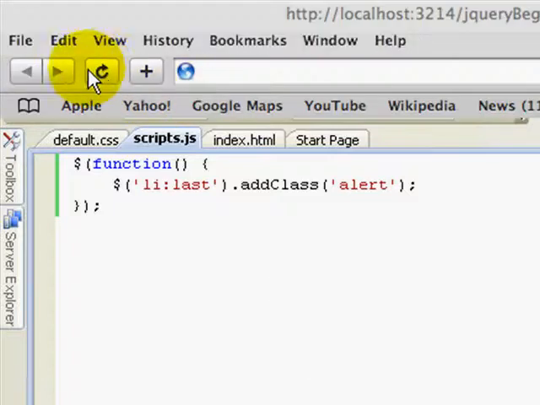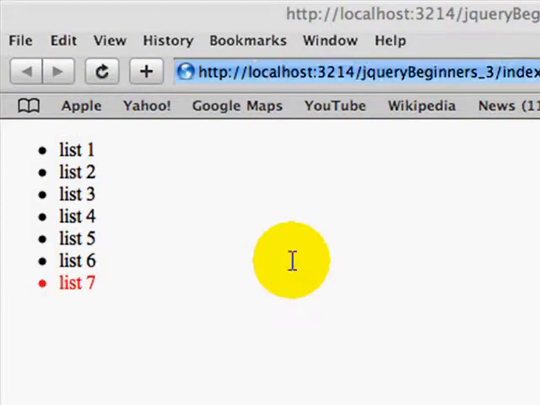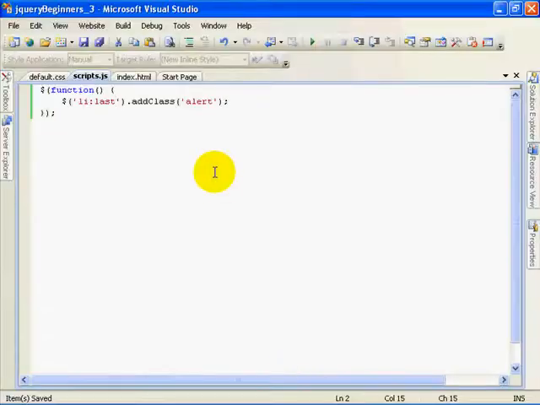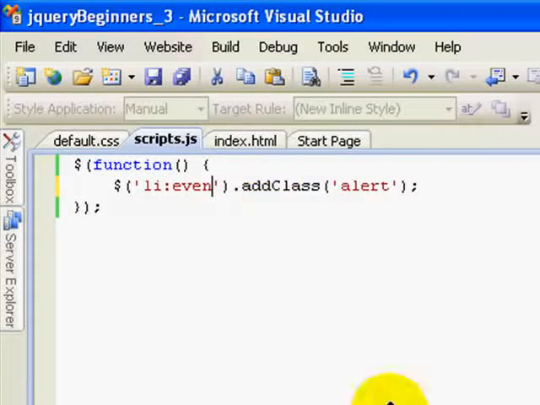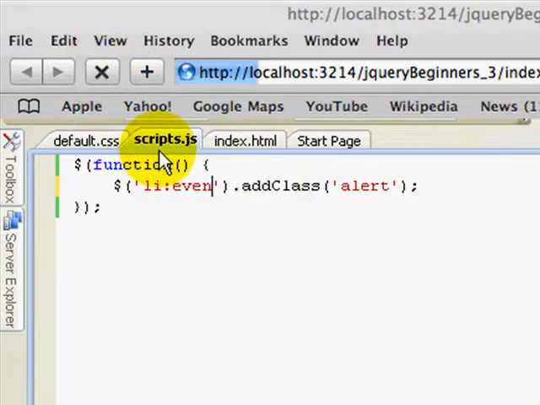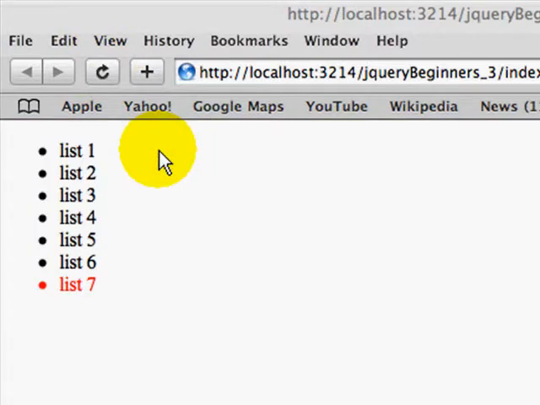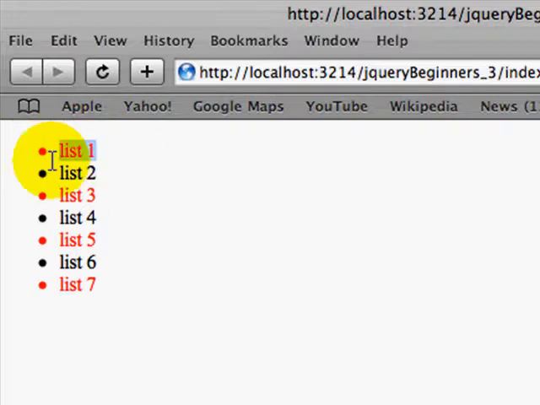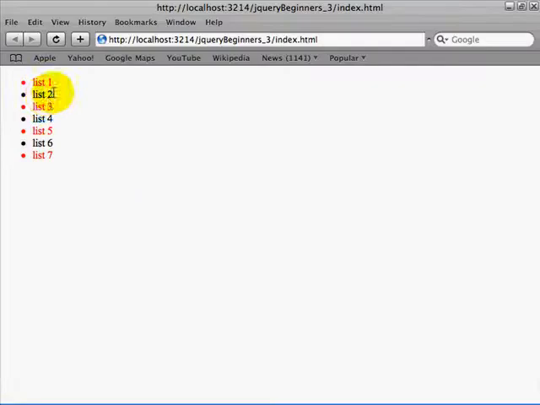Refresh it, and now only the last one is selected. Well, good. What if for some reason maybe we're using some kind of table layout where you want to style alternating items differently? You could do even, or you could do odd. Come back, and now it's zero based, so the first one is going to be red, the third one, the fifth one, etc. Like so. Remember, it's zero based, so 0 is even, 1 is odd, 2 is even, 3 is odd, 4